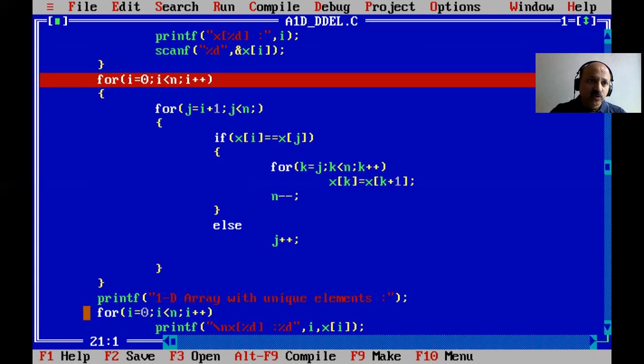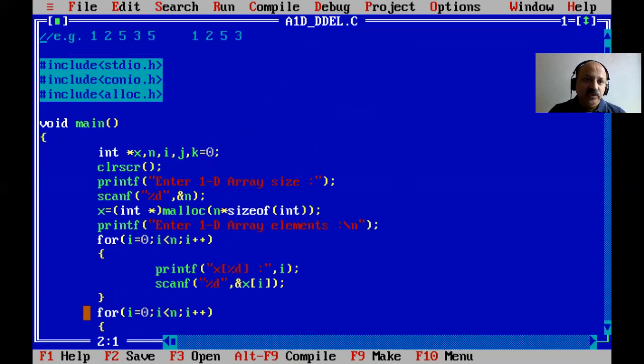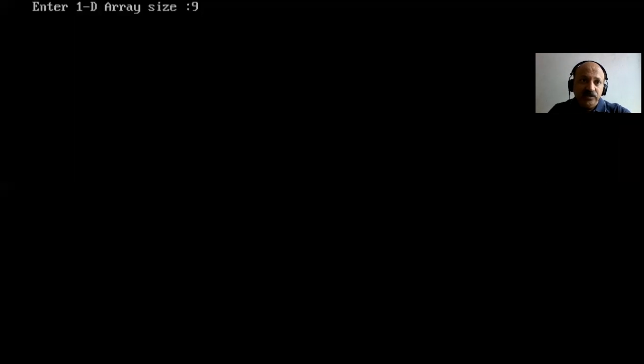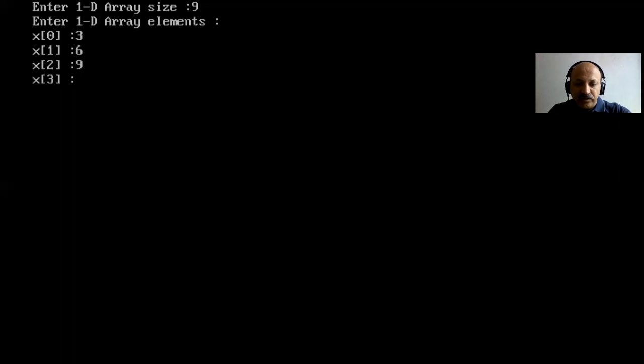So now what to remove? You can set this cursor on that red line and again press Ctrl F. So that red line is gone. So yes, I run it the last time. We can give any elements. Let us take, I again give 9 elements, and we can give any number of elements. I repeat, like 9 elements and 3 elements. Now I give some different elements, so that is not duplicate. And last we can give like 8, which is not there.